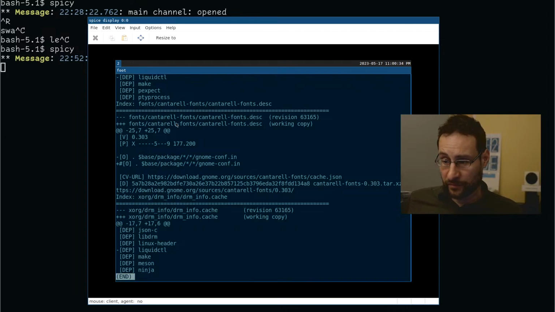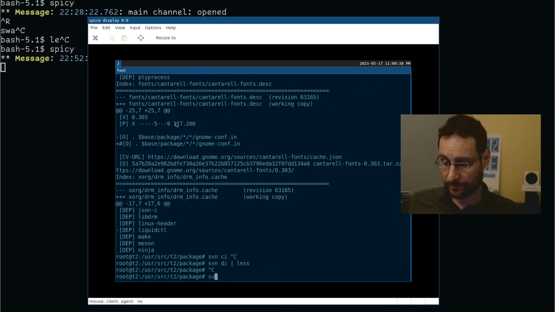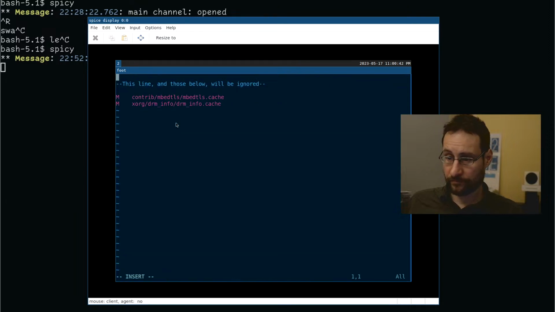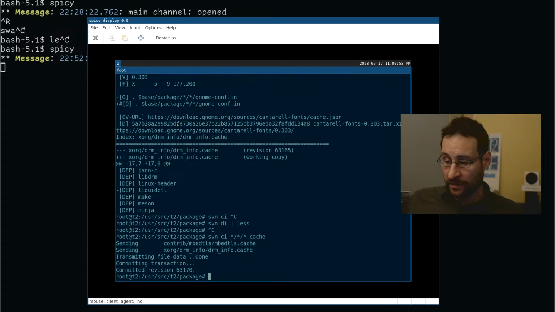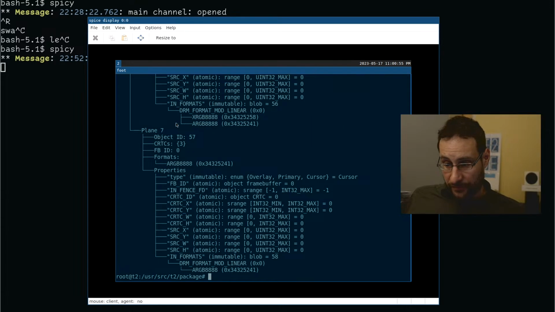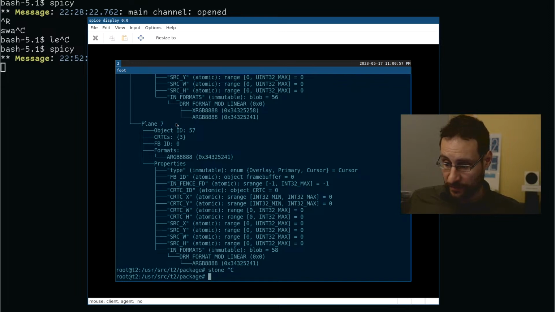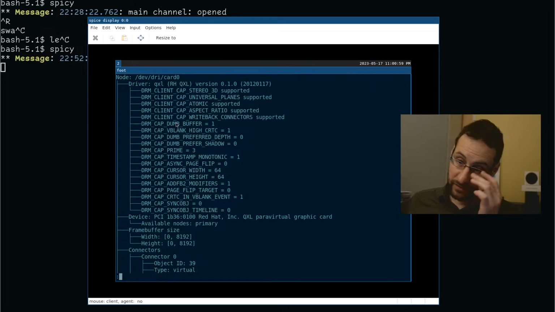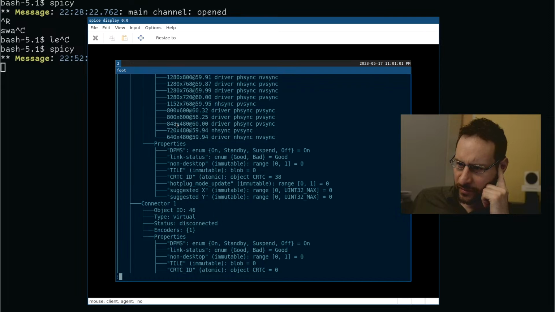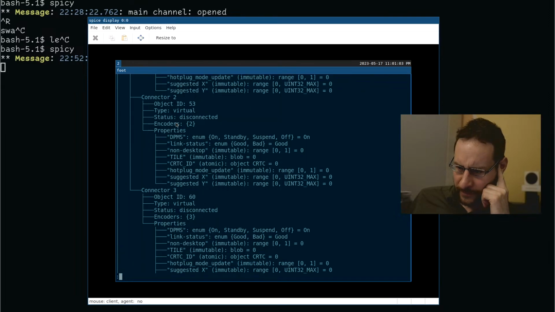There's not only 2. Better than nothing, I guess. DRM info gives us the output name. You need to use DRM info to find your output name. What would it be? Virtual 1?